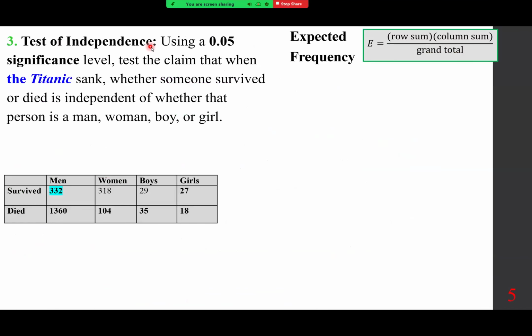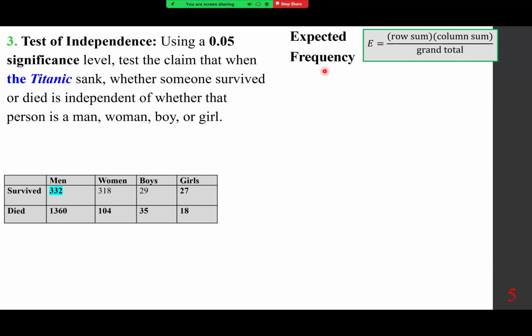Test of independence. Using a 0.05 significance level, test the claim that when the Titanic sank, whether someone survived or died is independent of whether that person is a man, woman, boy, or girl. I'm going to explain the concept of test of independence in a moment. But before that,